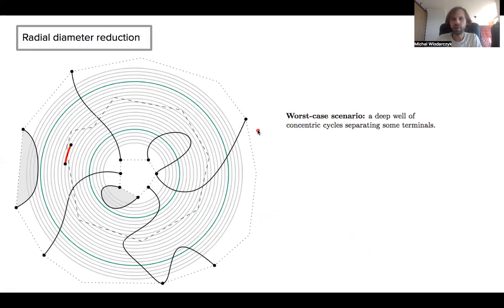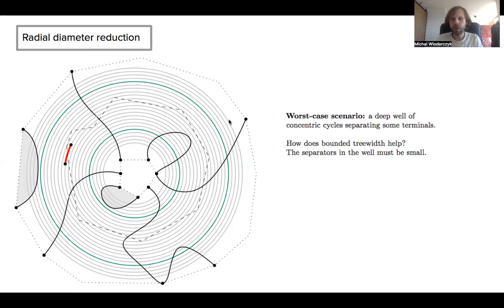The worst case scenario looks as follows, that we have some terminals here in the inside, now a deep well of concentric cycles in the graph, and some terminals in the outside. So if we try to construct such a tree on the plane, then we would need to cross every cycle here, and we would have a lot of blue vertices. So we somehow need to get rid of this bad scenario, and here Treewidth